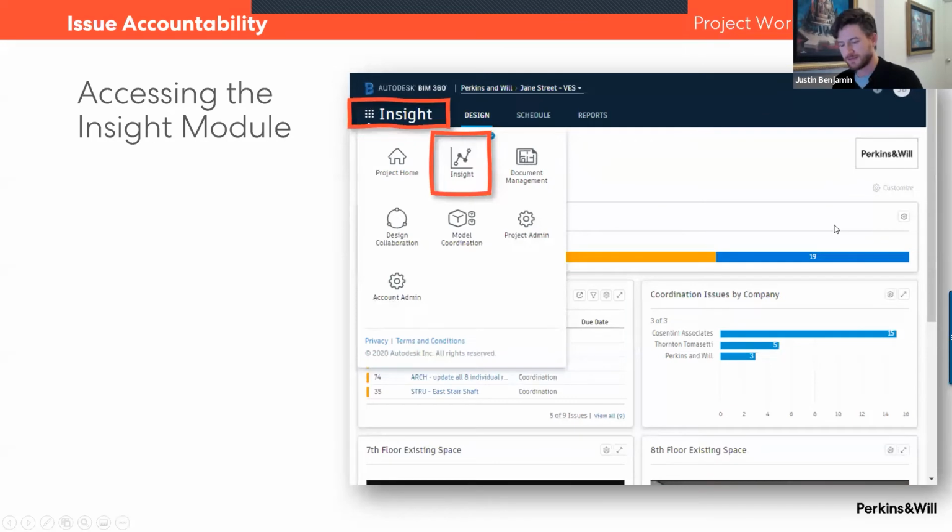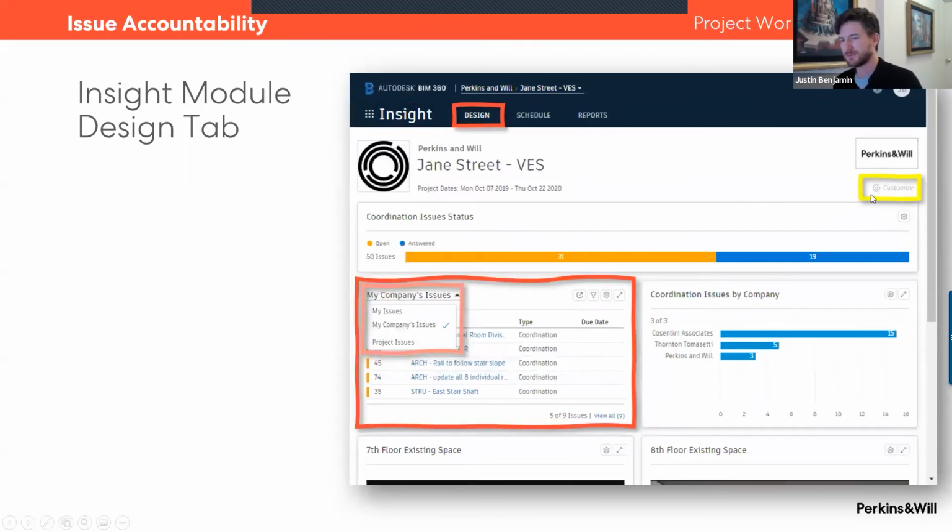You can customize that dashboard by clicking literally on customize and adding cards like the coordination issue status card, which gives you an overview. In this case, there have been 50 issues, 31 of which are still open, 19 answered. You can also click on cards that show the issues by company, so you can see really who is outstanding as far as